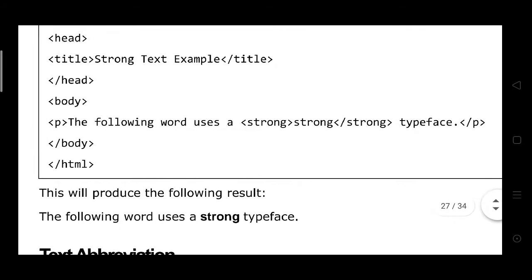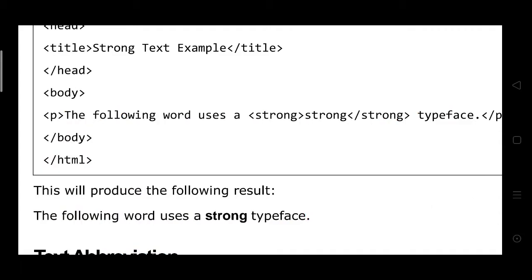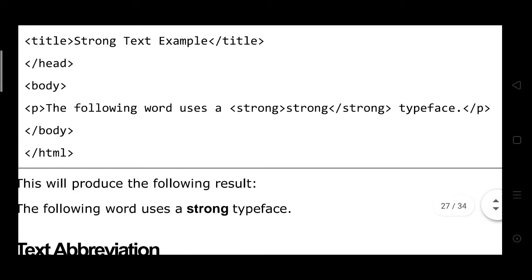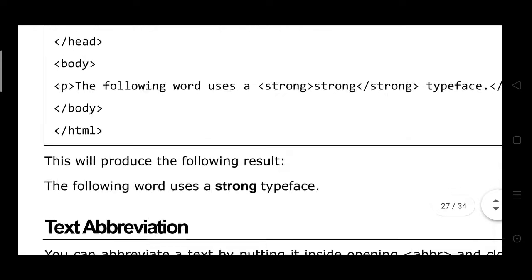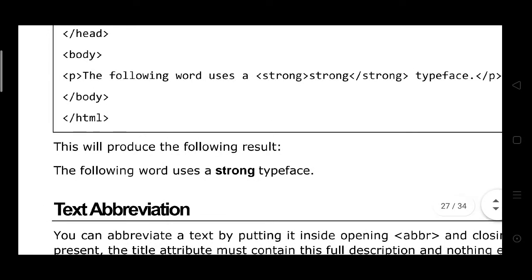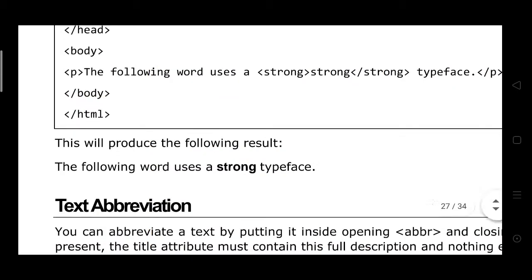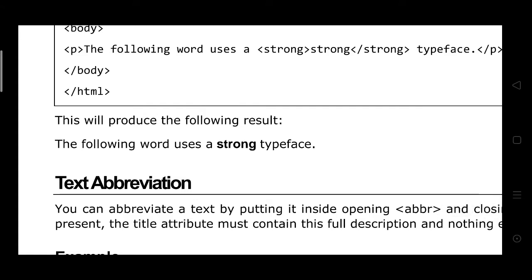Within the body, the paragraph starts: the following word uses a strong typeface, and paragraph close, body close, and HTML close. This will produce the following result: the following word uses a strong typeface.